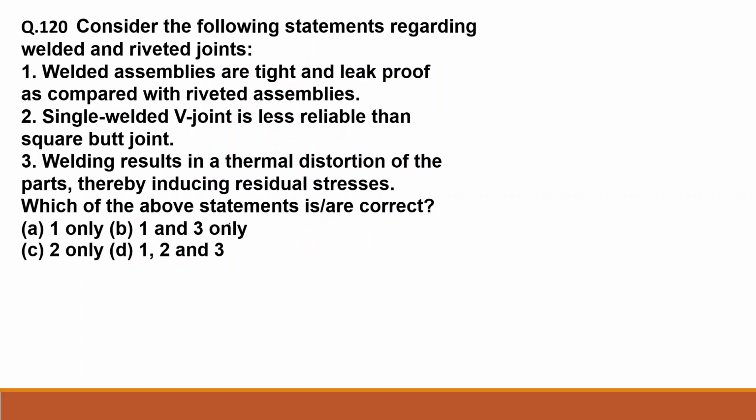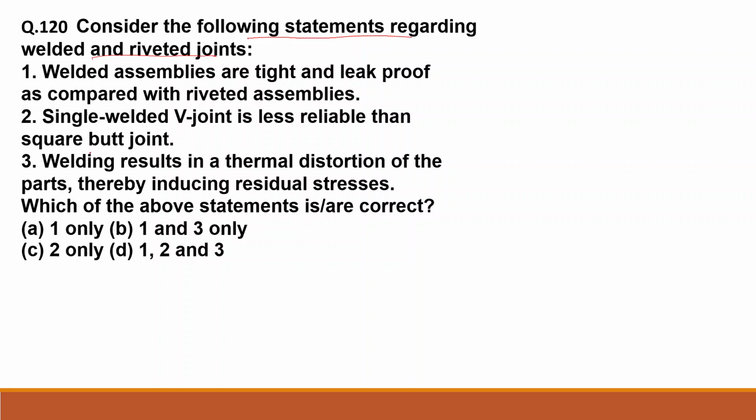Moving for the next question, consider the following statements regarding welded and riveted joints. I will discuss here the welded and riveted joints. First, I will tell what welded joints are. Welded joints are subjected to residual stress due to uniform heating of the parts being joined. There is always a possibility that localized thermal stress may result from uneven heating and cooling during fusion and subsequent cooling. This also results in distortion.